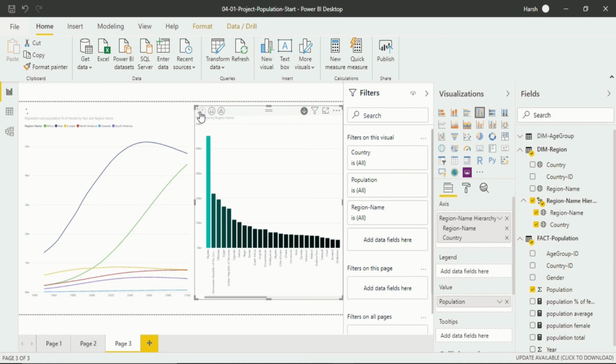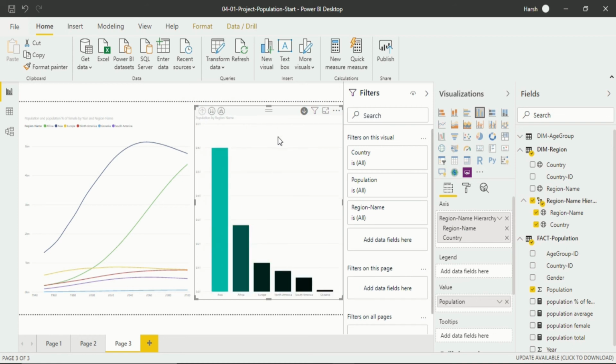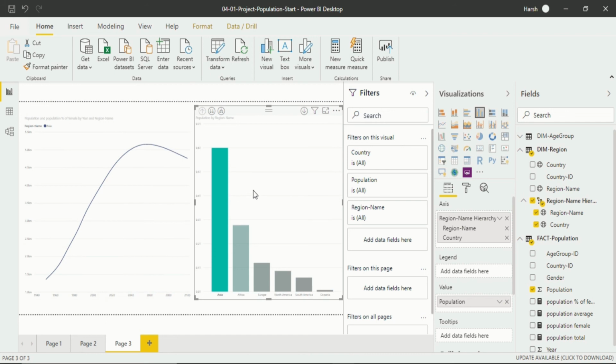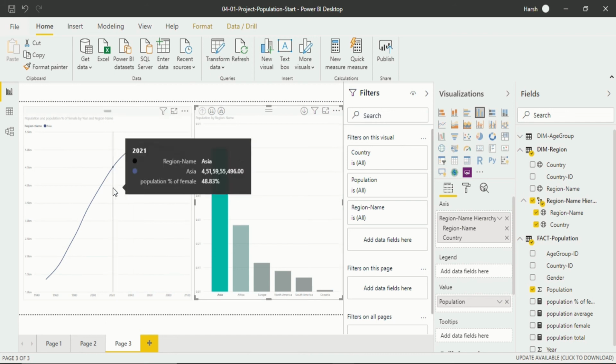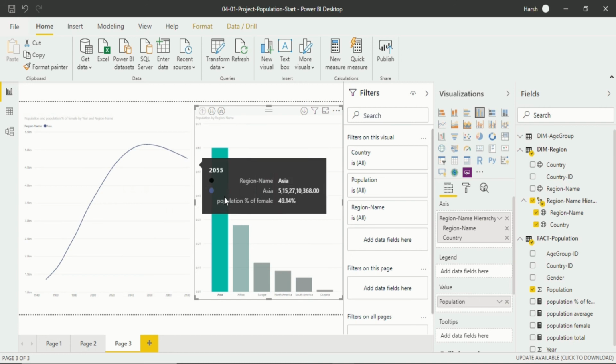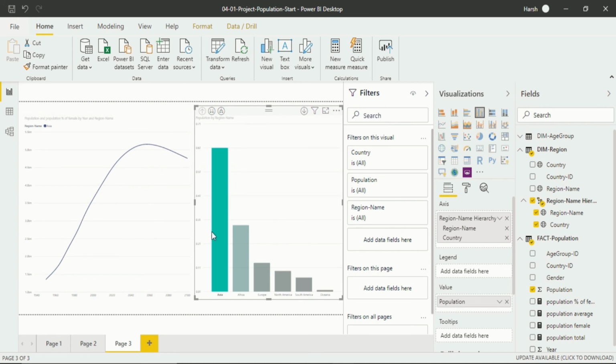Again, if I want to see more expansion or more exploration of a specific region, I have to put this drill down mode on. If I don't, and I click on something, you will see the only thing that is happening is a change in the highlight of the adjacent visualization according to this, and the highlight within this visualization. So this is the only thing that is happening when the drill down feature is not on.